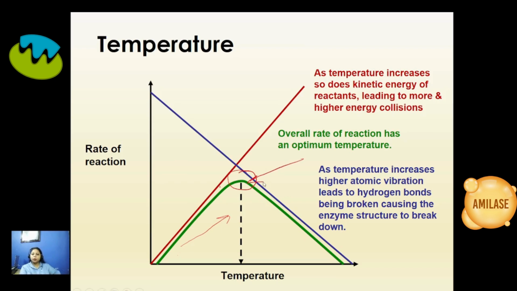But what will happen when the temperature is increased beyond this optimum temperature? For example, we say the optimum temperature of humans is 37 degrees Celsius. Your body works best at 37 degrees Celsius. I'm not talking about any other species. So if you have some fever or you are in really hot weather, what will happen in hot climatic conditions? The enzyme activity will decrease instead of increasing.